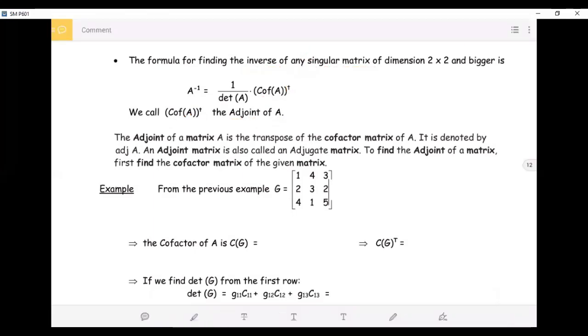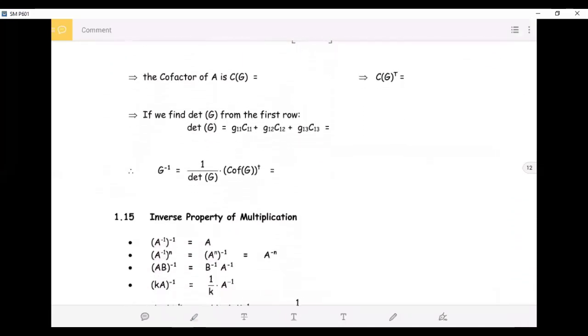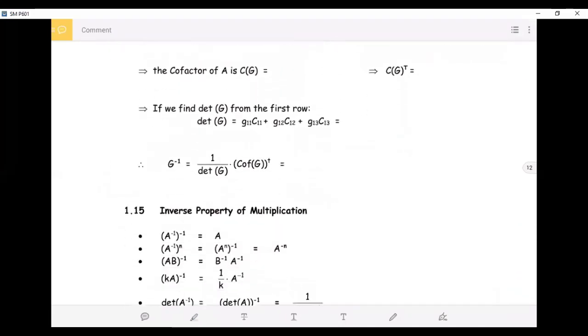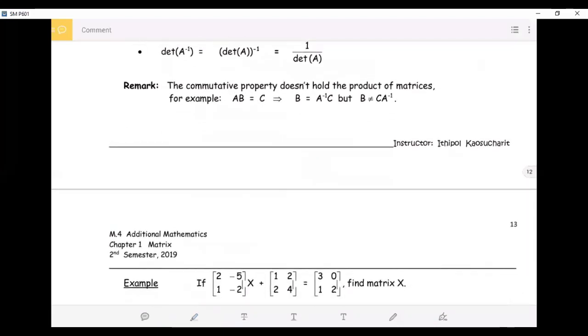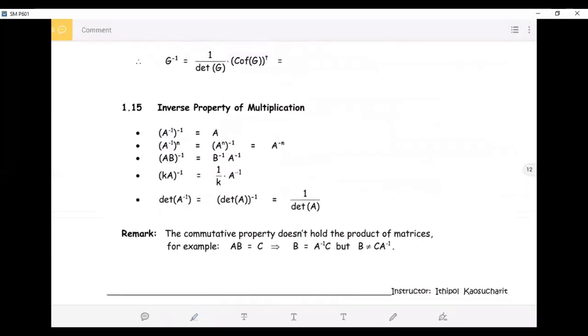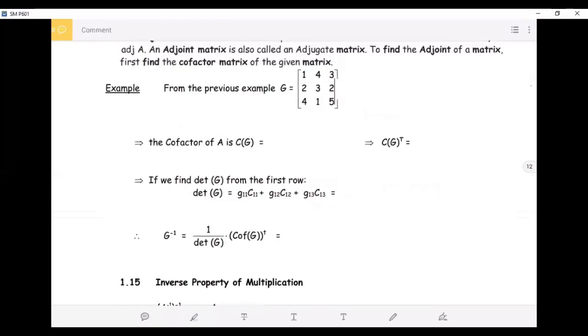Okay, let's do the example. Maybe I'm going to do this one, and I think that I can just stop it here. Maybe this is the last one because